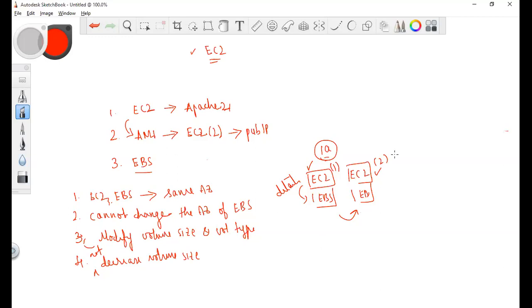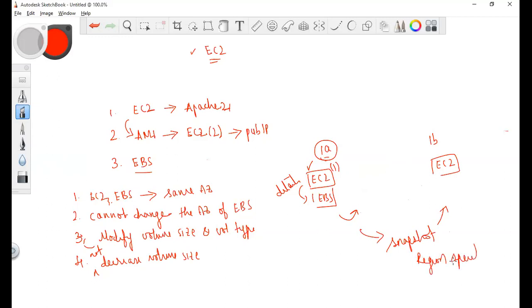But if you have instances in different availability zones, then you need to take a snapshot. This snapshot is region specific, unlike an EBS volume, which is availability zone specific.